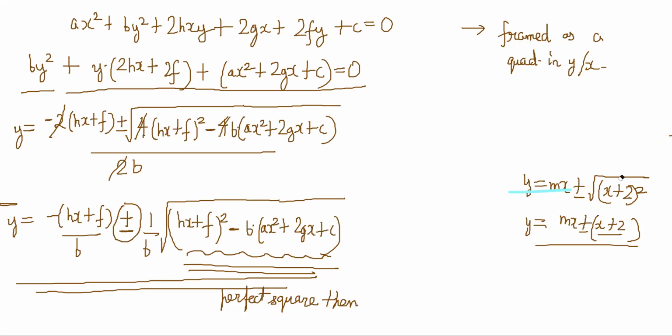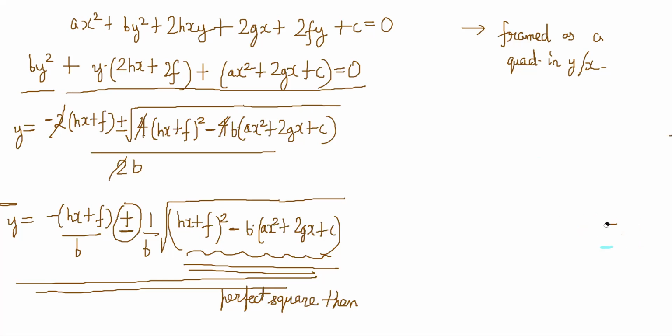The thing inside the radical has to become a perfect square. So we will just do the condition for that, and once we write the condition, it will be the del is equal to 0 condition. So this radical has to be a perfect square. Let's expand it a little bit.